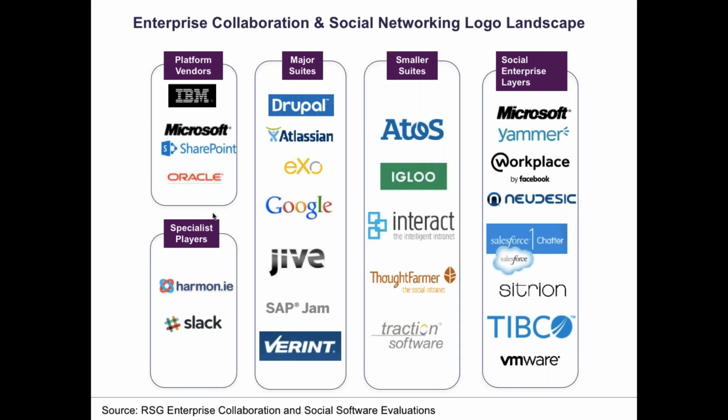And of course, there's some interesting specialist players in the lower left there. That list is wide and getting wider. Slack, of course, being an important one because it's so ubiquitous. Of course, as we'll see in a minute, it's ubiquitous really against only one use case, but that makes it important. And so again, that gets you thinking about social collaboration as a potential portfolio of tools that together are going to drive effective experiences and make your employees more efficient and more satisfied at work, but that is likely to be a multi-vendor portfolio, and so selecting what are the pieces of that portfolio and do they work for you becomes really, really